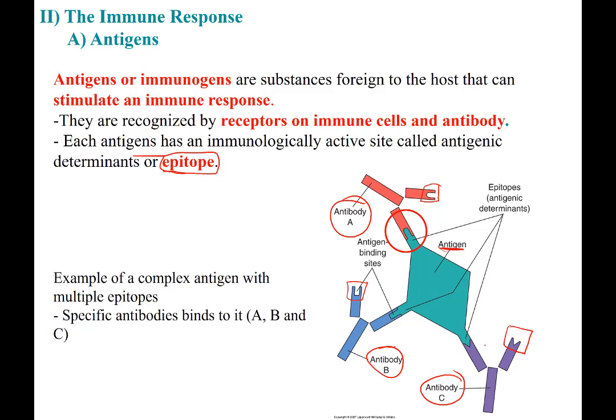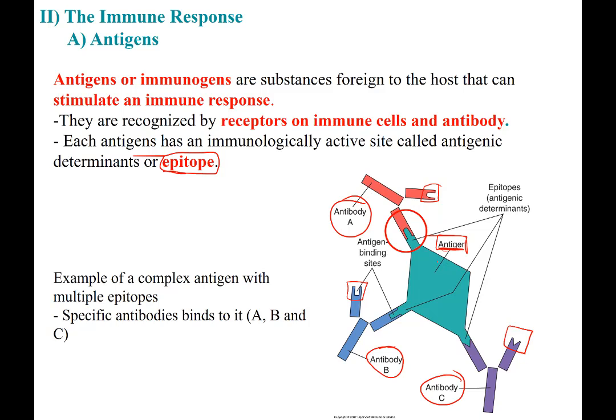So concretely, in terms of disease, in terms of pathology, why is that important? It's important because let's say you're infected the first time with this particular antigen, this particular bacteria here. The first time you're affected, your immune system, the B cells are going to mature into plasma cells, and they are not going to have time to produce an antibody against this antigen.